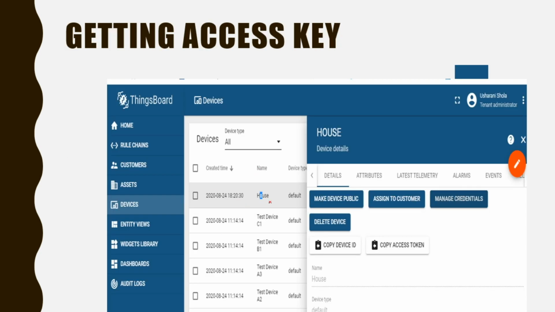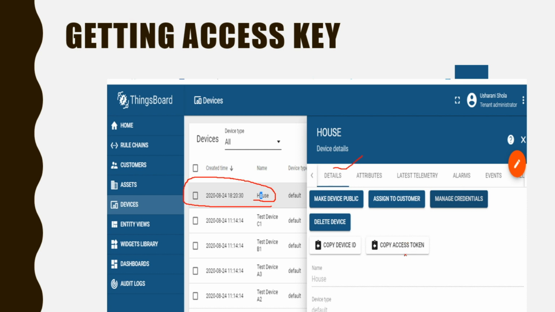So now your device will get added in this panel. In all the devices, your device will be added. You can select this device with a single click. Then you could see the details of your added device. So here I just added a house device. The complete details will be available here. Just click this details option. By default, this panel will be visualized. If not, you can press this details option to visualize this panel.